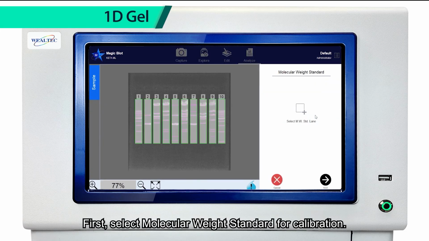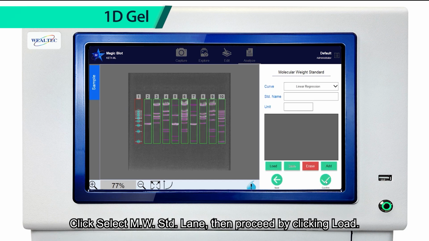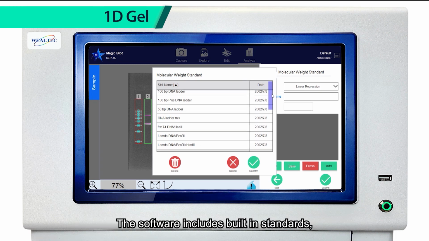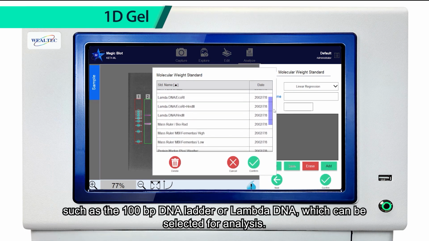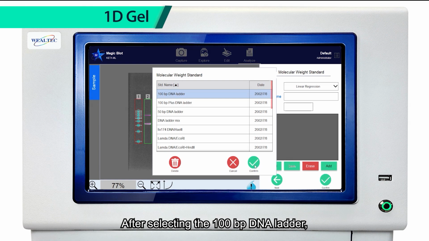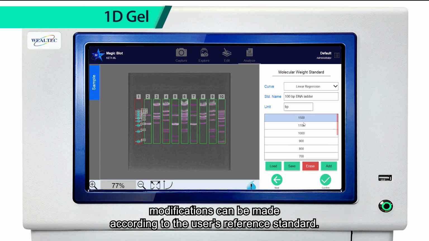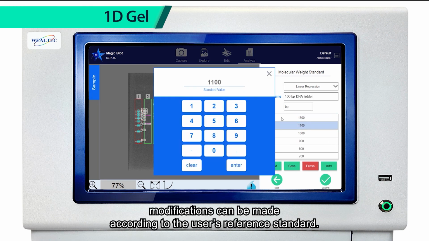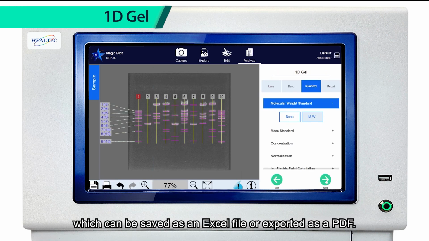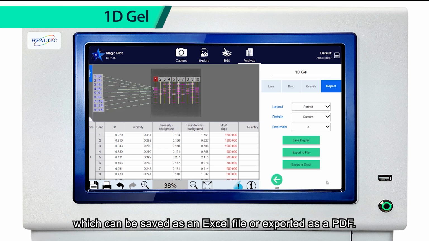First, select Molecular Weight Standard for calibration. Click Select MW Std Lane. Then proceed by clicking Load. The software includes built-in options such as the 100 base pair DNA ladder or lambda DNA, which can be selected for analysis. After selecting the 100 base pair DNA ladder, modifications can be made according to the user's reference standard. Confirm and click Next to generate a report, which can be saved as an Excel file or exported as a